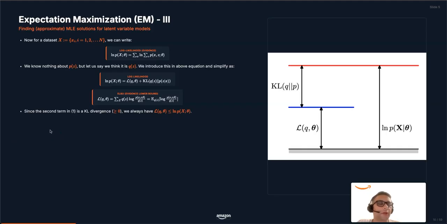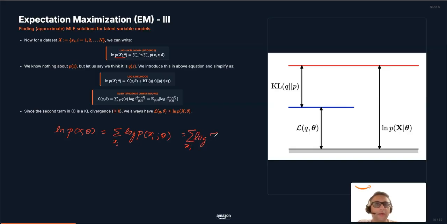So now in this particular slide, I'm denoting log likelihood like this with a capital X, where X is your data set, right? So I can write like this: summation over all xi of log of p of xi given theta, right? And now in the previous slide, we already saw that p of xi given theta can be written by marginalizations, right? So we take that and plug it in,